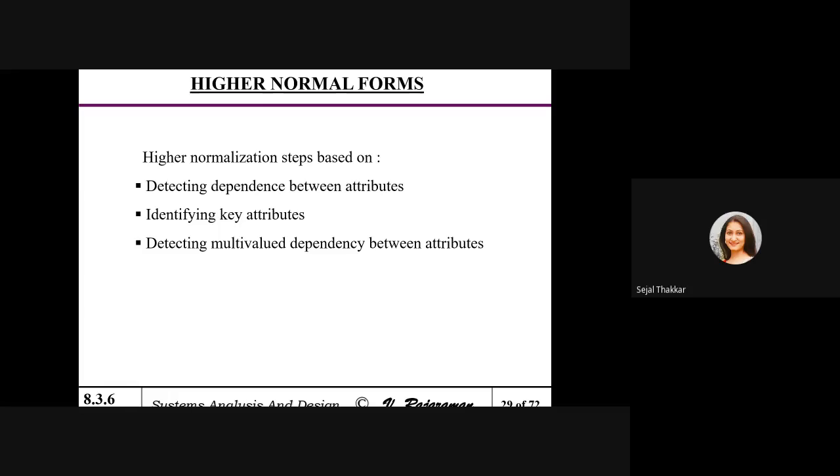Higher normal form steps are based on it: they detect the dependency between the attributes, identify the key attributes, and detect the multi-value dependency between the attributes.